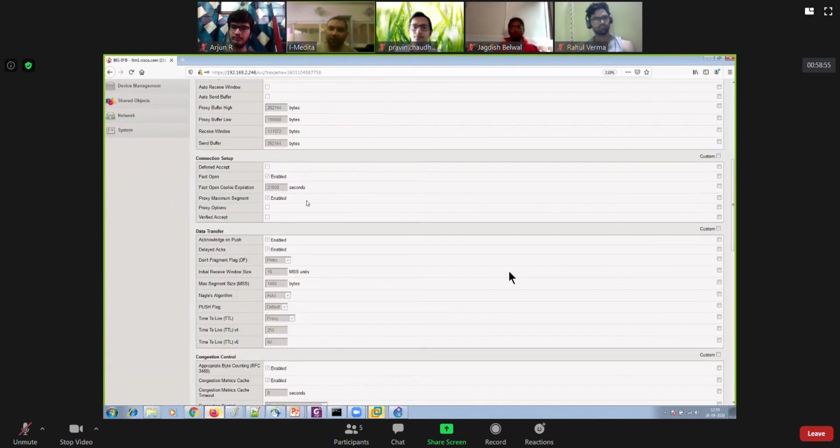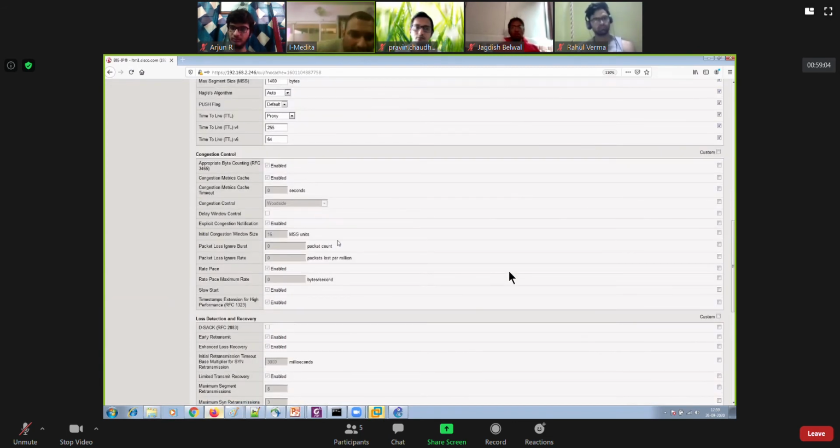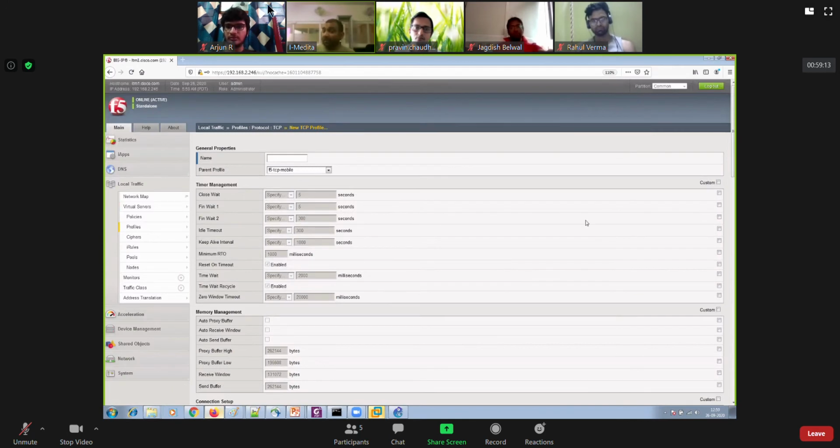So therefore, you can keep scrolling, and you can also change the maximum segment size and the TTL values, right? So you have all these things which you could modify for the TCP profile. Okay. So thereafter, let me go ahead and create a custom TCP profile. I would just say custom TCP profile for LAN, right? Not for LAN. Let's create it for WAN.